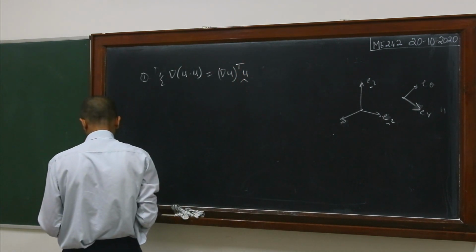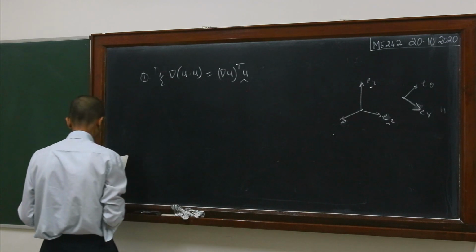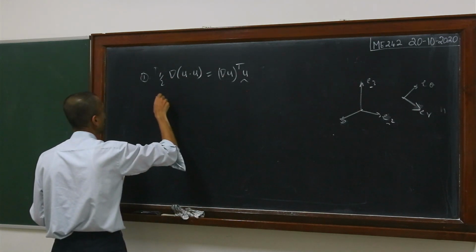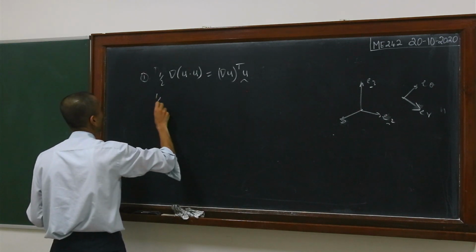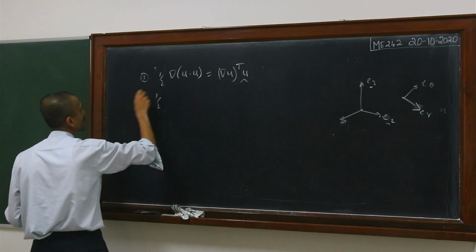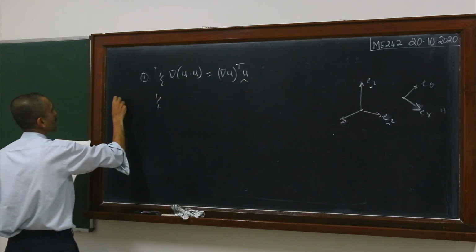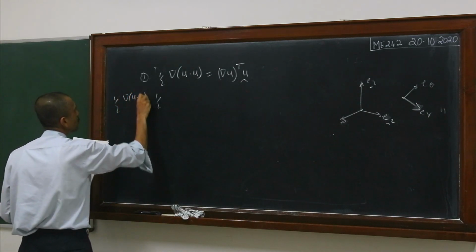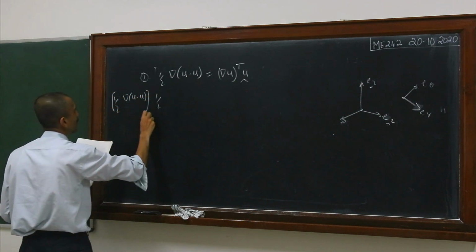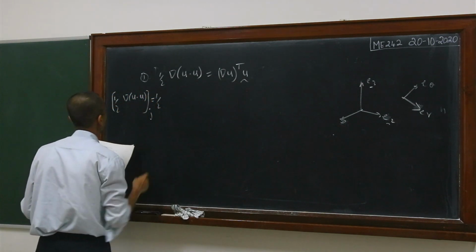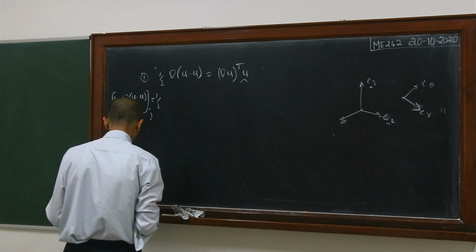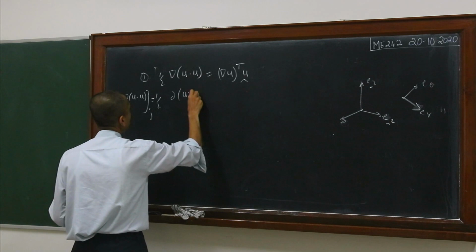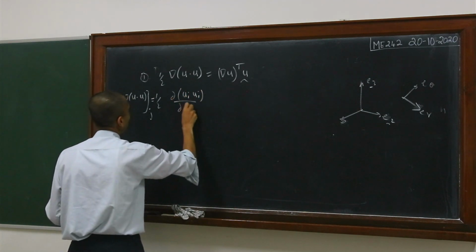So let us try to show this. Now this del is a vector operator. So if I write this as half of, let me just write the ith component of this. Let us write it as half of del of u dot u, the whole thing, the jth component. So this I can write as half of del of ui by del xj, right? Because